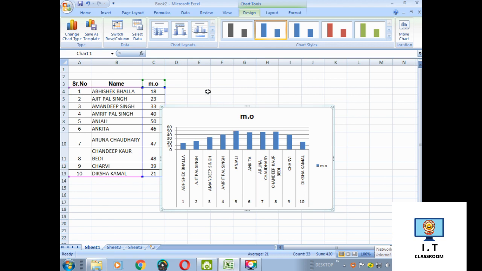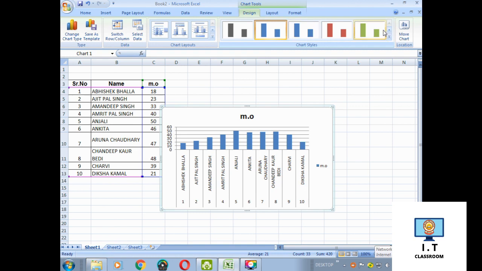Now just look at the design tab. Once you insert a chart like this in your worksheet, you will see these three tabs on the screen: design, layout, and format tab. Firstly, I am telling you how you can change the chart styles.